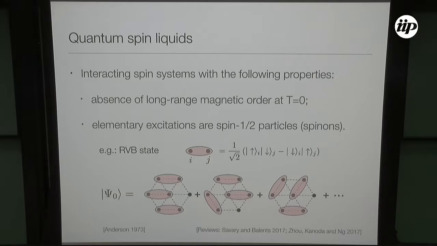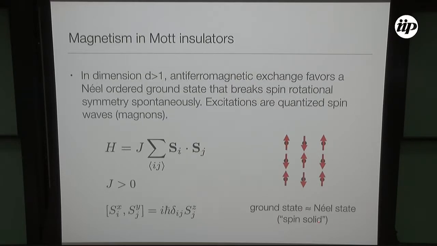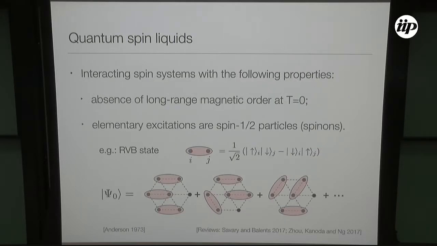What I want to tell you about is quantum spin liquids, which essentially come from denying what I said before. So in my previous example, you could say that the Néel state is some kind of spin solid, in the sense that it orders, it breaks some rotational symmetry. A quantum liquid of spins would be something that does not order. So one defining property is the absence of long-range magnetic order, even at zero temperature. And also the elementary excitations you get on top of this ground state are kind of exotic. They would be spin 1/2 particles, which can be described by many different theories, but are sometimes called spinons.